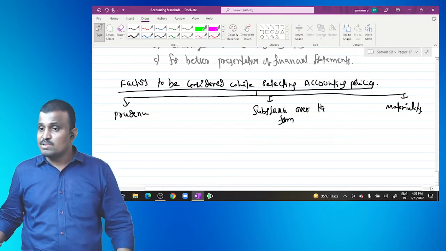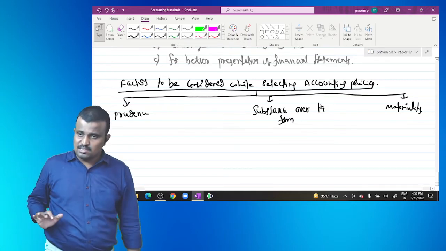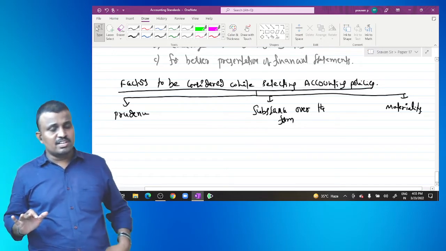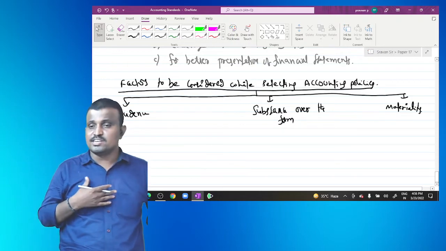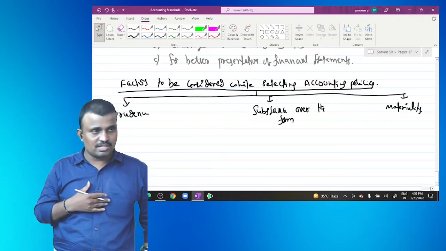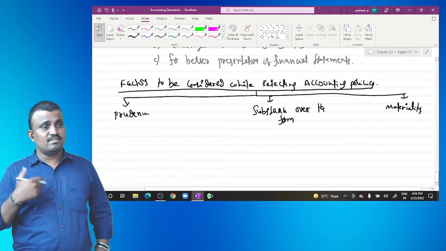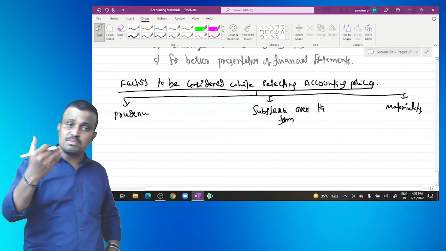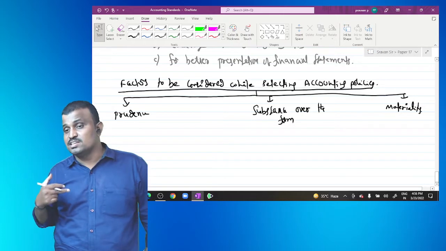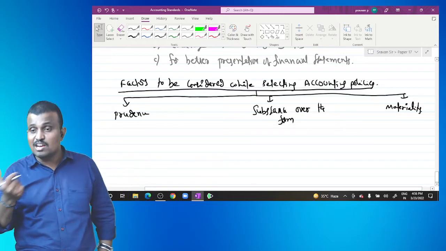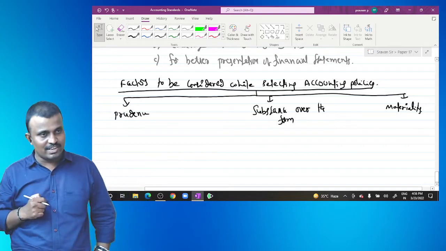For example, coming to the share certificate, a company issues the shares. At the time of issuing, we receive application money. While receiving application money, we write the journal entry: bank account debited to share application account. Then after verifying the minimum subscription, we allot the shares. When the shares are allotted, share application account is debited to share capital account. Then next we demand the allotment money: share allotment account debited to share capital account. That is the journal entry we recorded.